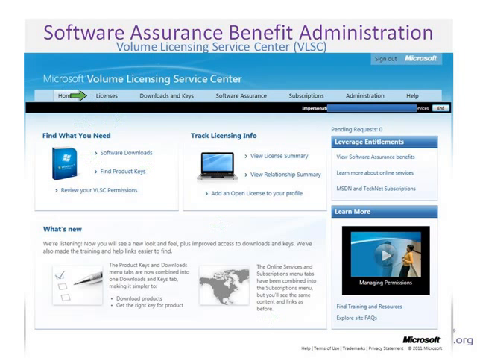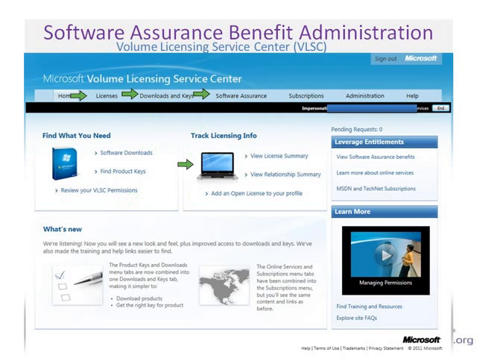Right next to it, sorry, I'll try to find the keys, the Downloads and Keys Center. Downloads and Keys provides you the link to the download site. So if you don't want the physical media, here you can find the downloads for the software that you're holding and the installation keys. So if you have one installation media and you're holding multiple licenses, here you can get the keys to install that software.